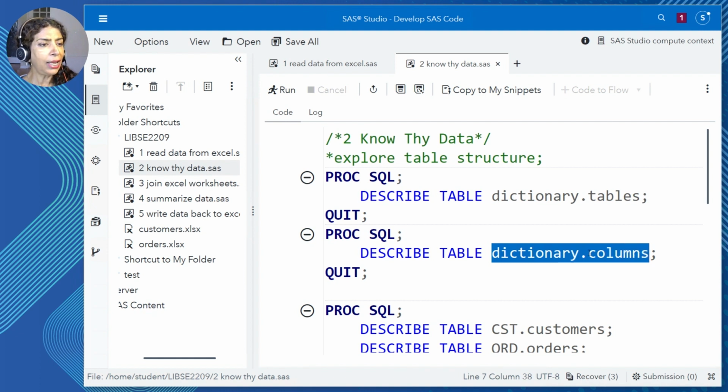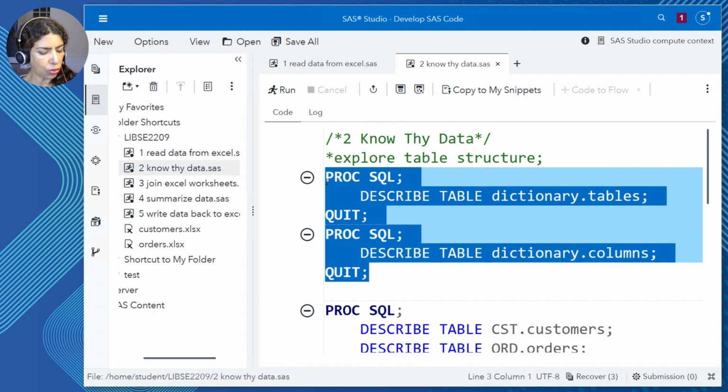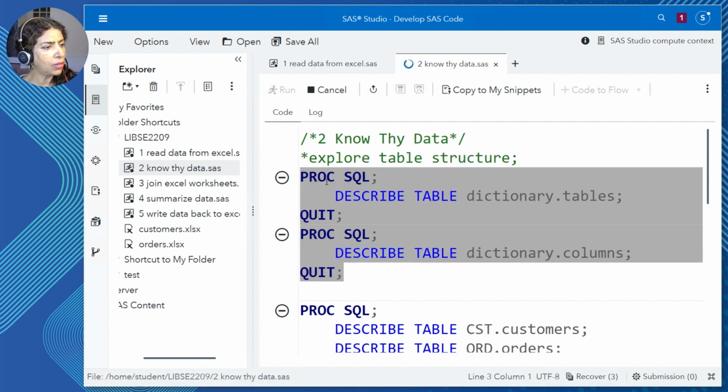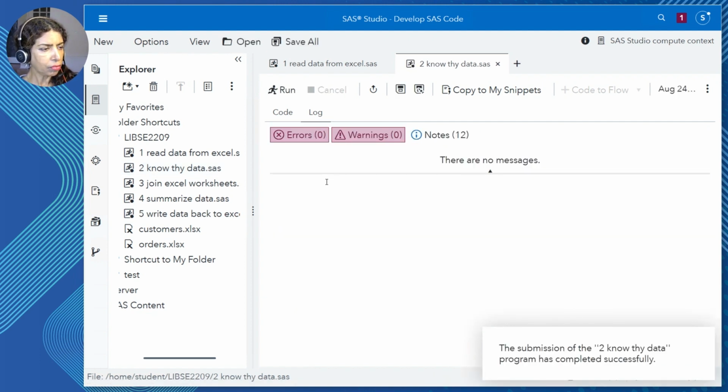The way I look up these dictionary tables is very similar to all other code I would write in ProcSQL. But before I even start to look at the data, I want to look at the metadata that's contained in these dictionary tables. So I use a describe table statement, and I'll execute that on these two dictionary tables using ProcSQL.